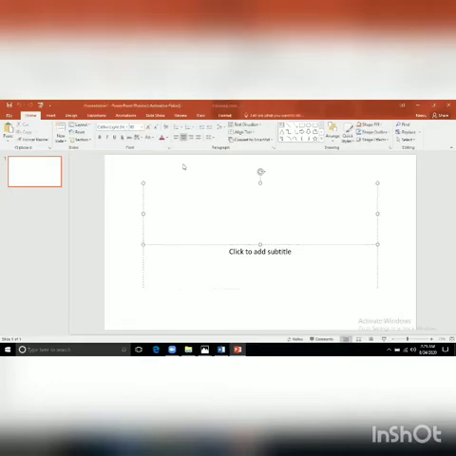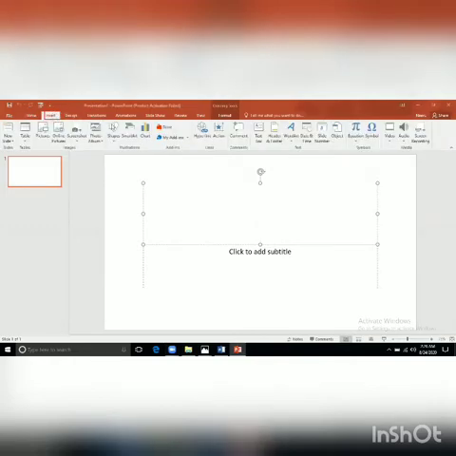So now first topic is insert word art. Very first thing is firstly we will click on insert tab. When we click on insert tab, you can see many groups are here. Under the text group, you can see here, this is my text group. Under the text group, word art option is here.